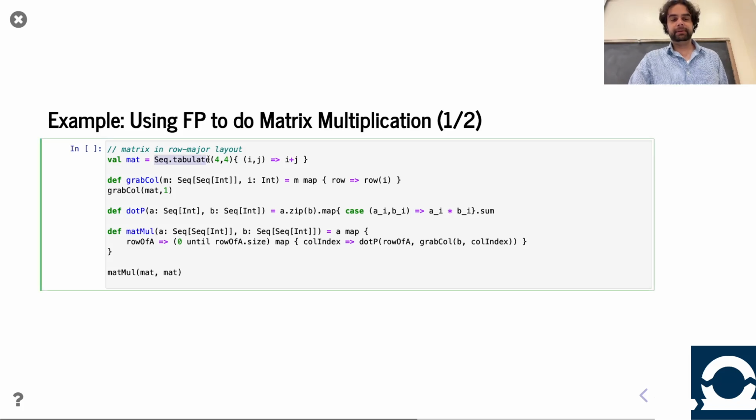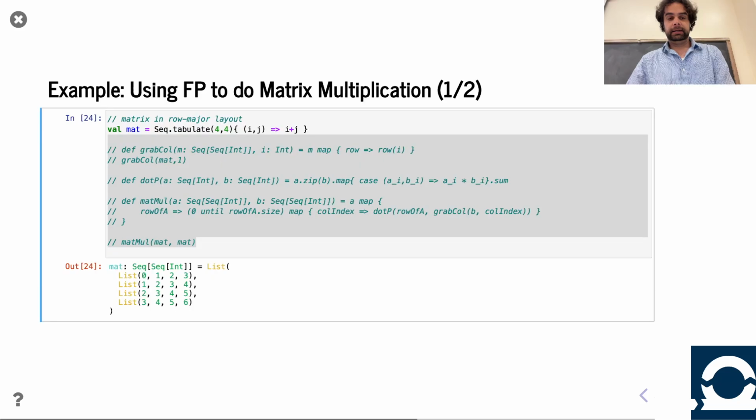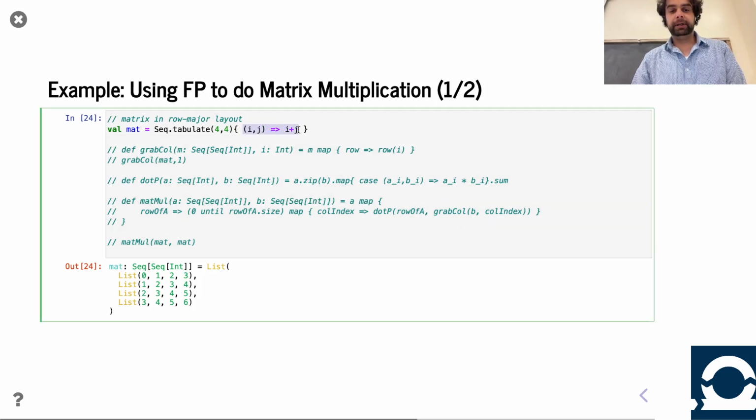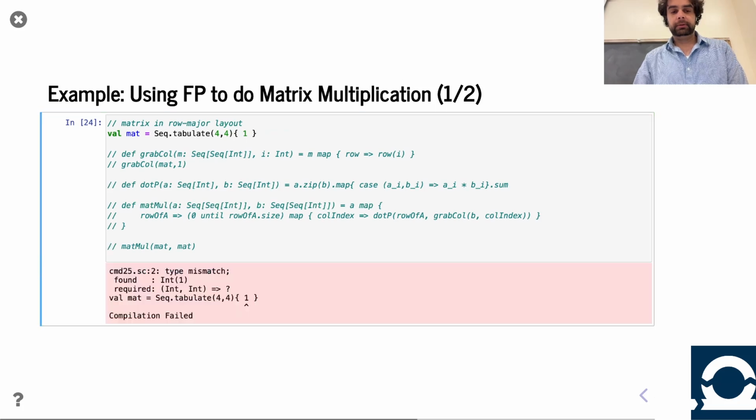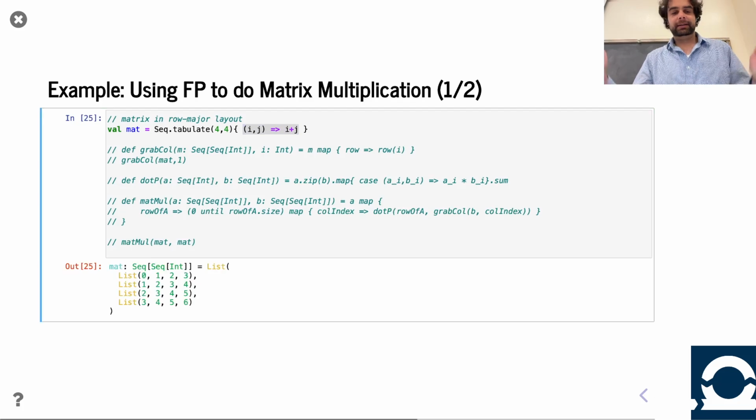Well, it turns out the fill command, you can actually give it multiple numbers rather than just one number, and you get a multi-dimensional collection, right? So let's go ahead and see that from the beginning. I say, hey, give me a 4x4 of sequences, and then rather than having a static number, which I could do, I could just say make it all ones. Oops, I got to use the different braces for that. Oh, maybe I can't even do that. Okay, I got to use a function. Okay, we use a function. This is arbitrarily chosen just to generate the matrix. Okay, we have a matrix,